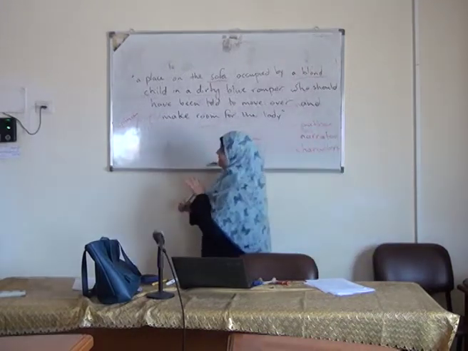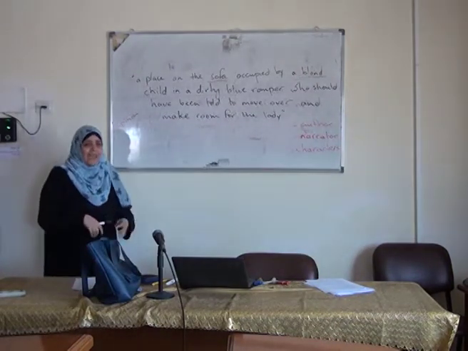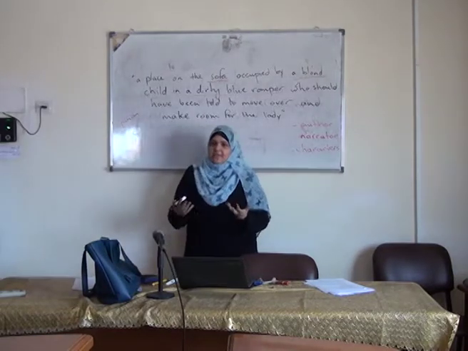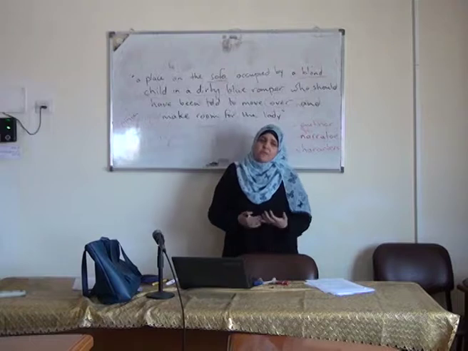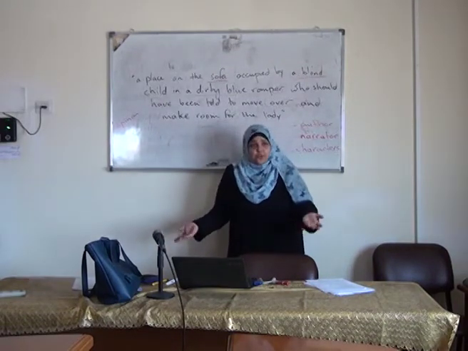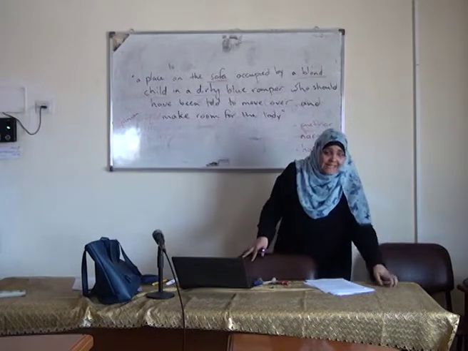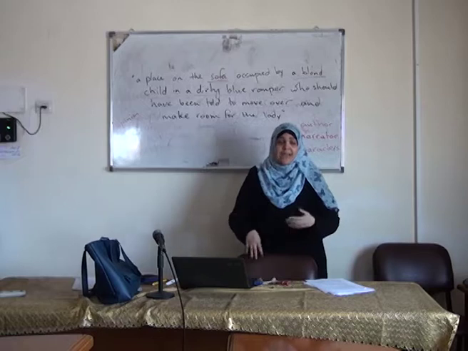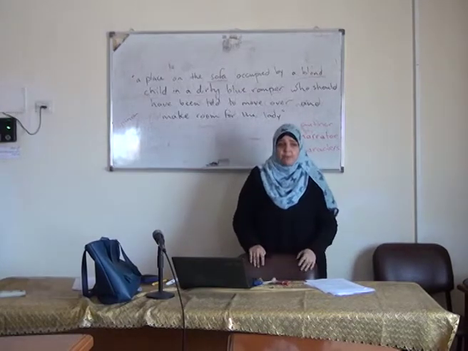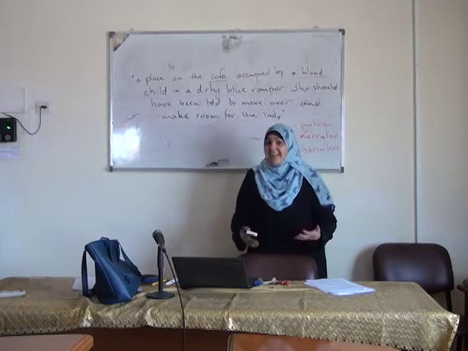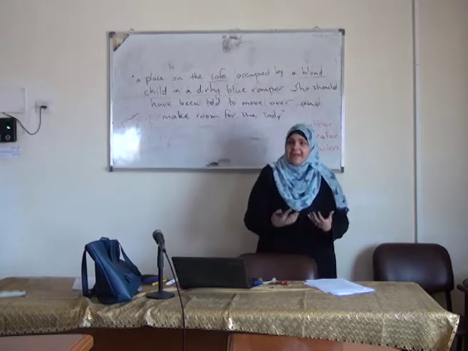So we start with a physical description of the place. Now, generally speaking, and again, there shouldn't be rules in creative writing. So there's something in general that most writers do, most professional writers do, which is you describe the place and then you move on to the people, and not the other way around. Places and then people. Now, if you write a short story and you start with people and then places, should I say, no, this is wrong? Of course not. Again, this is the point of creative writing.